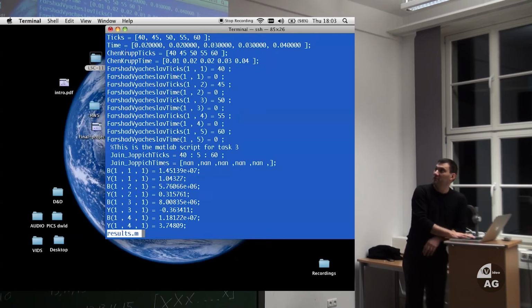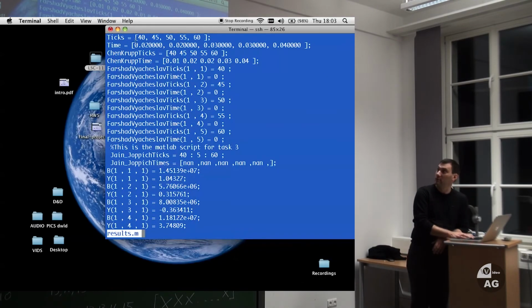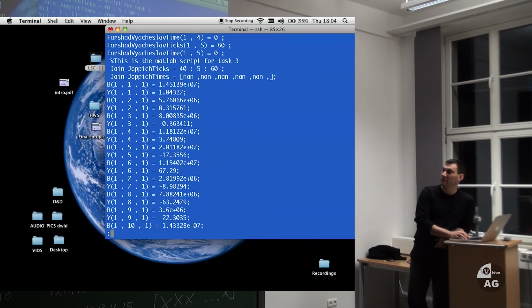Okay, we start off first results. Whose ticks are these? Didn't we have to create name ticks, name time? So whose ticks are these? Okay, it's gone, no idea. And now we have a bunch of NaNs, because these guys are nasty. But look at what comes next. These guys are really nasty.